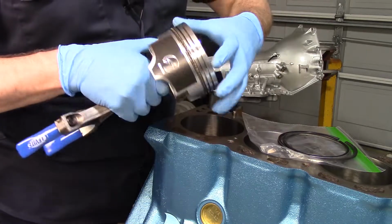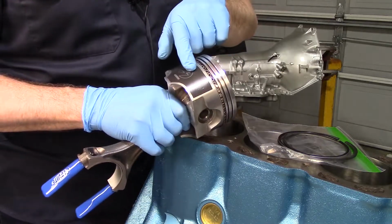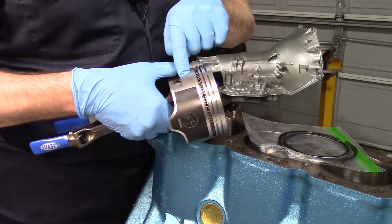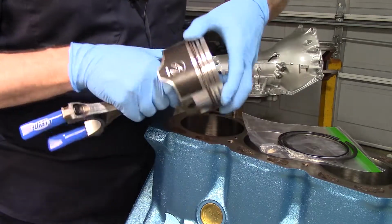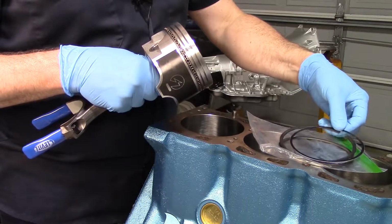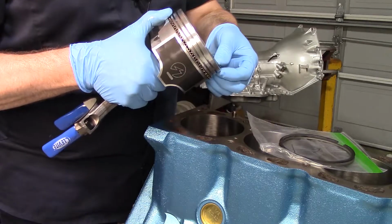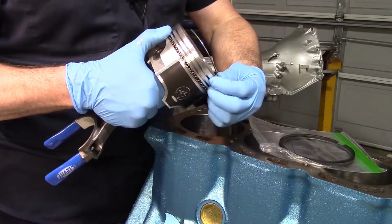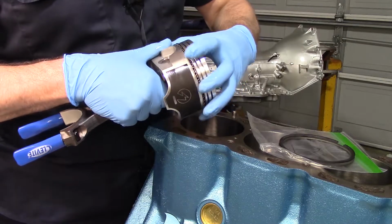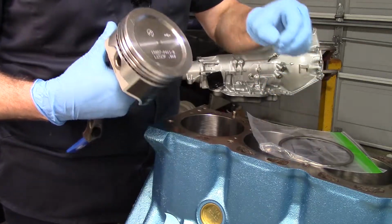All right. So I put the control gap, like I said, center of the skirt, and then I do the gap on the bottom and upper rings on opposite sides of the pin. So that's that side. Let's do this one. All right, that feels good. And then we'll go to our